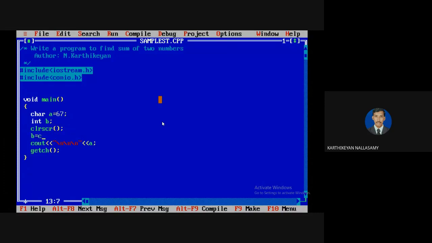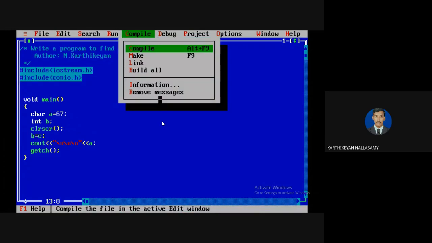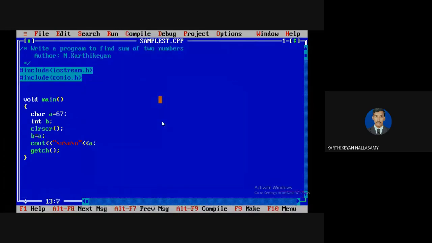I'm going to assign the value of this B to C. Sorry, B to A. Then I'm trying to display the value of A as well as B. So here this is a conversion. We are copying the value of A into B. The data type of A is a character, B is an integer. So you are doing a conversion.